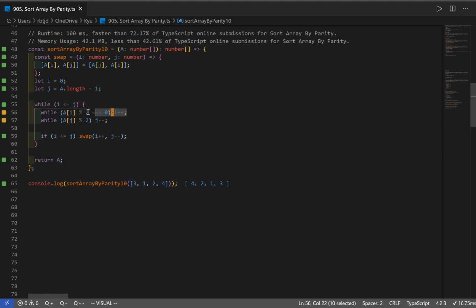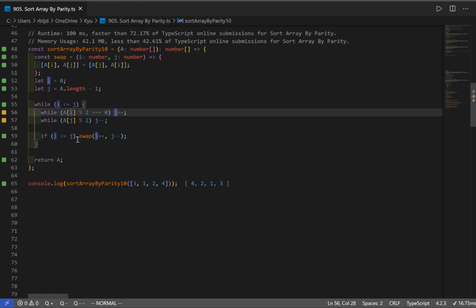And I is going to move to the right as long as the current element is even. So we want to find the first instance of odd because we're switching odd with even. And j is doing the opposite. So j is moving right to left looking for even numbers. So when it finds that even number, it's going to keep that index, and I is going to do the same thing. When it finds that odd, it's going to keep that